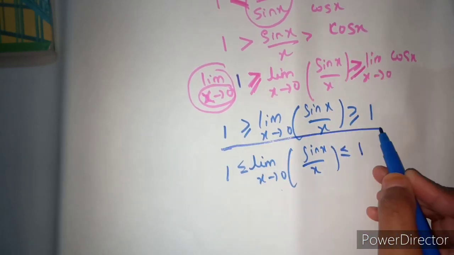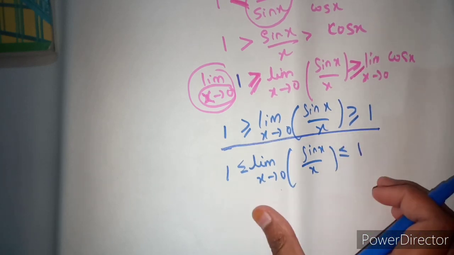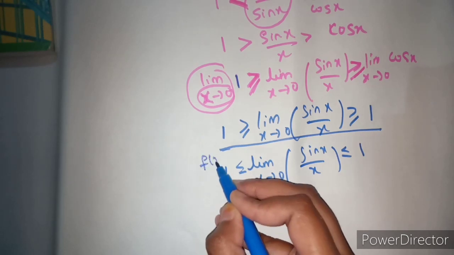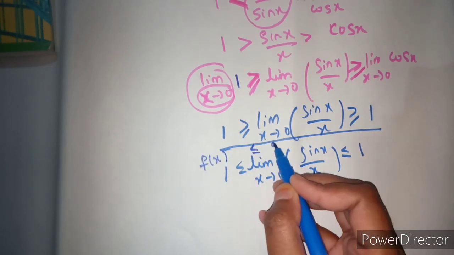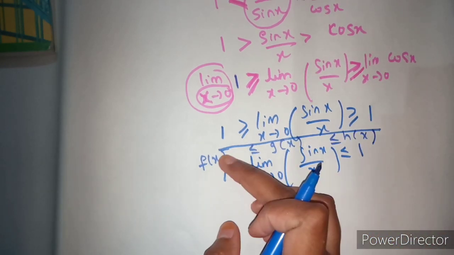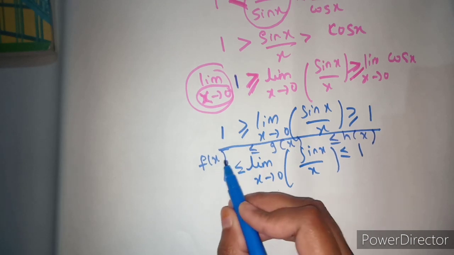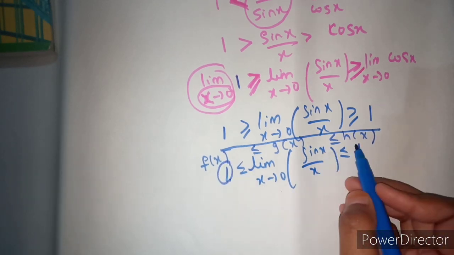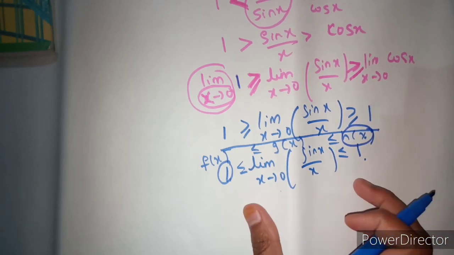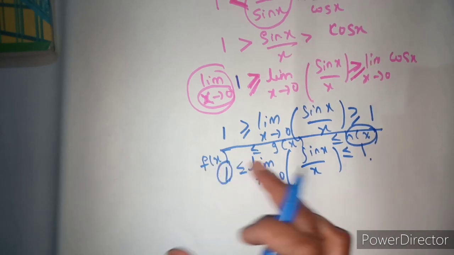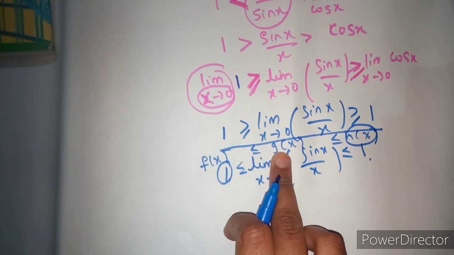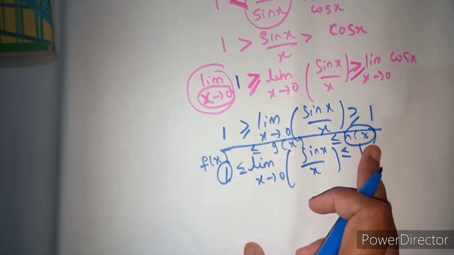This is what I have written. I just rearranged this function, okay? How does this function look? See, this looks like f of x is less than or equal to g of x, which is again less than or equal to h of x. If I apply the limit to f of x, the limit of f of x is 1. If I apply the limit to h of x, the limit of h of x is 1. So here which theorem are we using? See, this is of the form of the sandwich theorem. This looks like the sandwich theorem, right? f of x is less than or equal to g of x, which is again less than or equal to h of x.